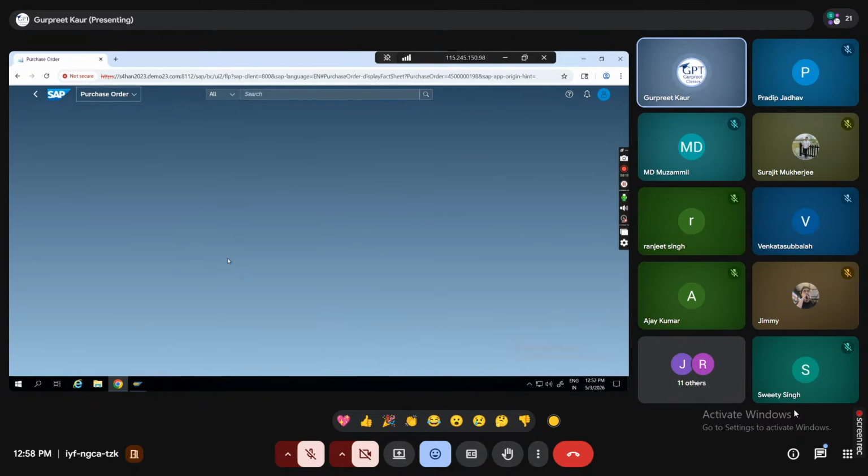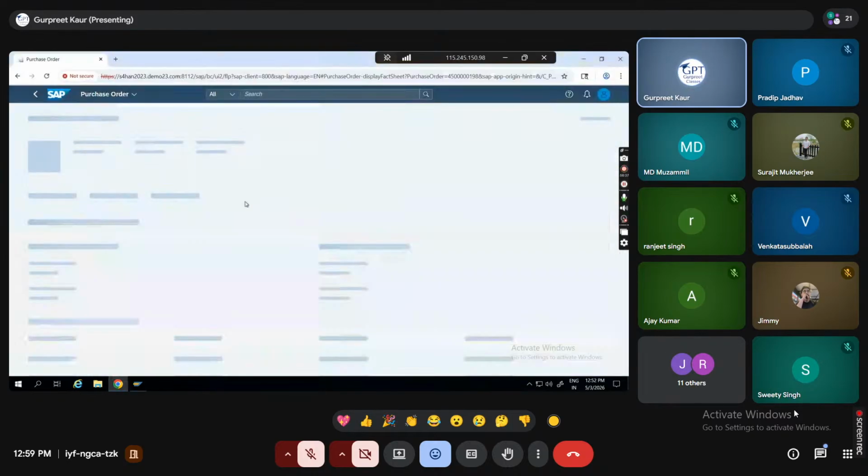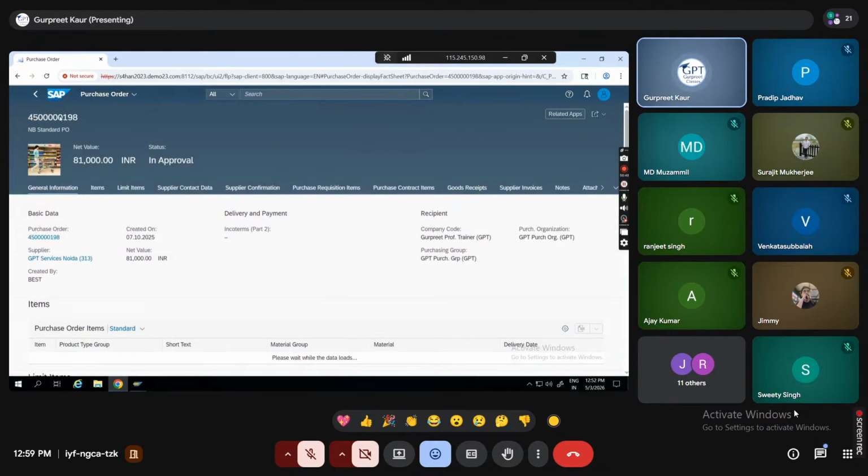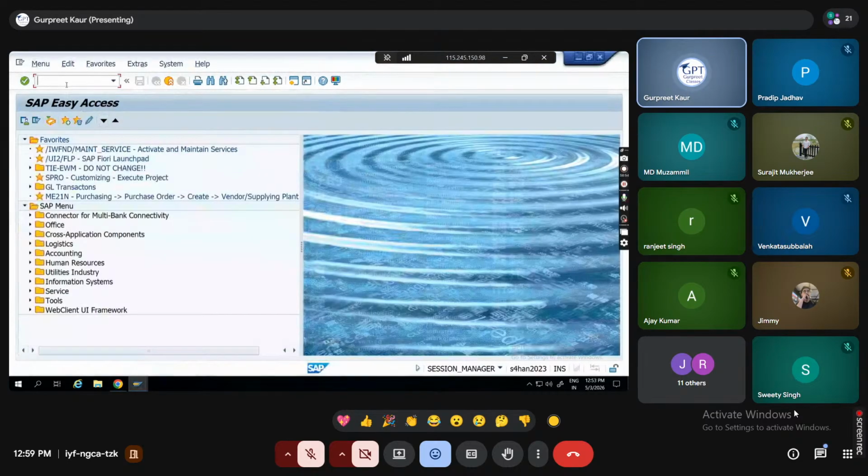This is the beauty of user experience, what SAP has enriched and made over here in S/4HANA. This is the beauty, I'll simply say. Let me just, I think it's loading. And on the other hand, I'm going to show this PO in a GUI. Okay, 45198. The same PO I'll open over here in the GUI. And you can feel the difference.